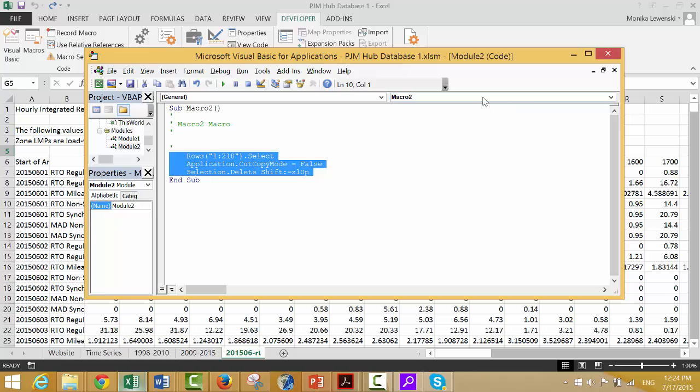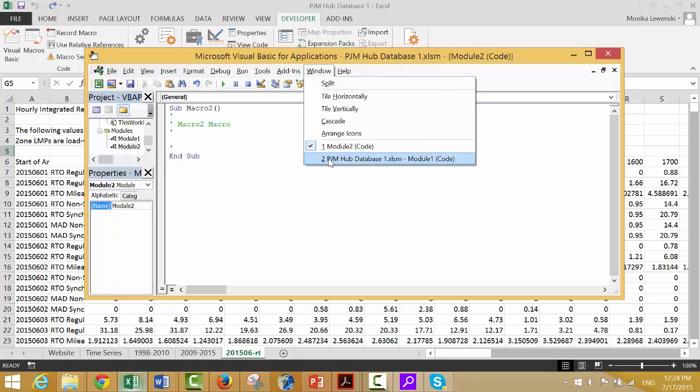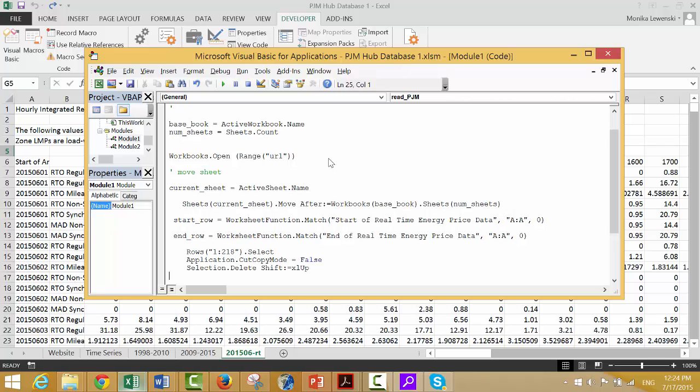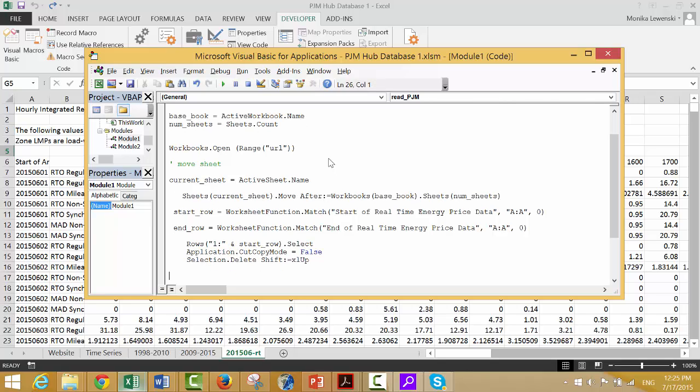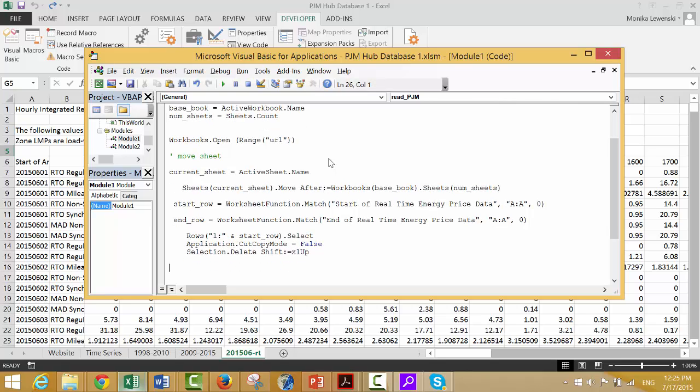So, Application.CutCopyMode, okay, and we just put this in our other one. So instead of rows, we put rows 1, comma, and then we put start row. That's how you can kind of let Excel do a lot of the work, and then you do the next,